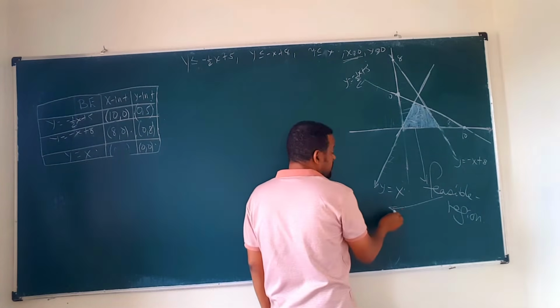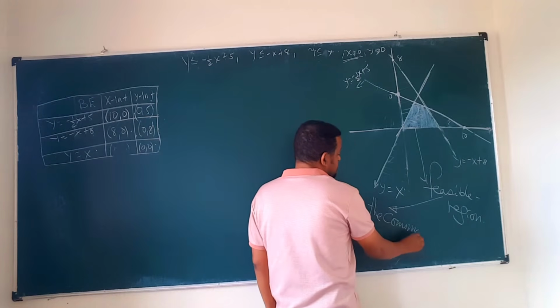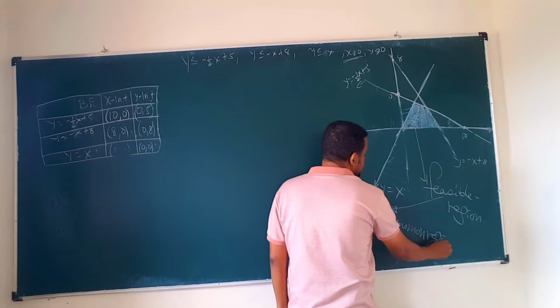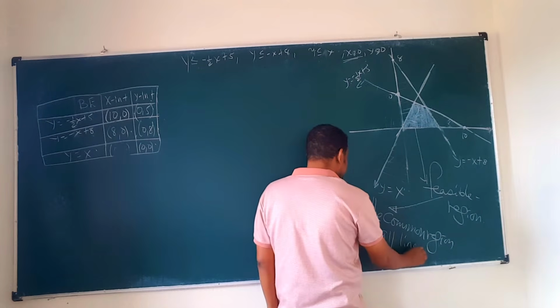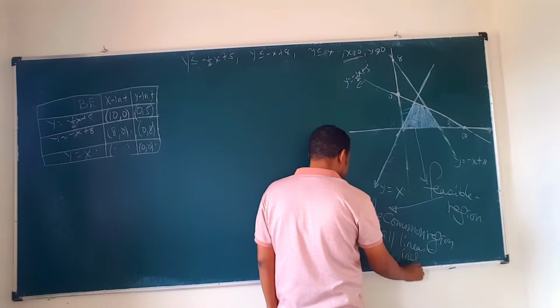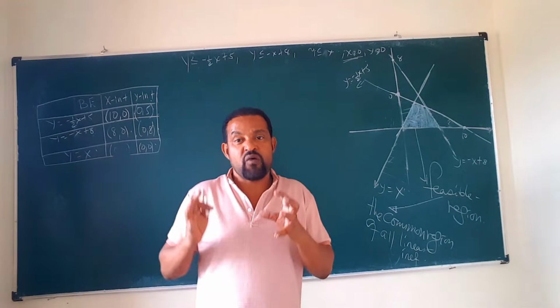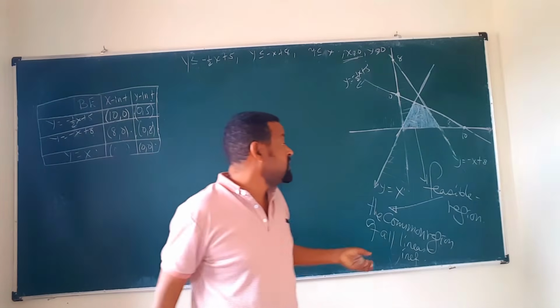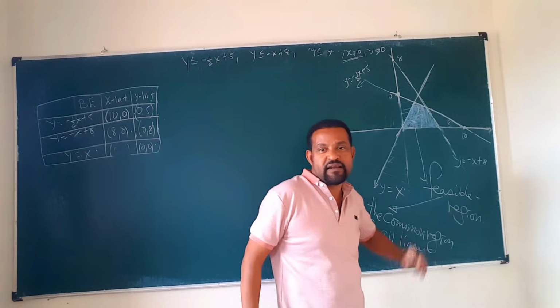Visible region ይባላል, which is the common region of all what? Linear inequalities. This is the common region of all linear inequalities. common region ናቸው ነው። ስለዚህ ምን ተብሎ ይጠራል? Visible region ተብሎ